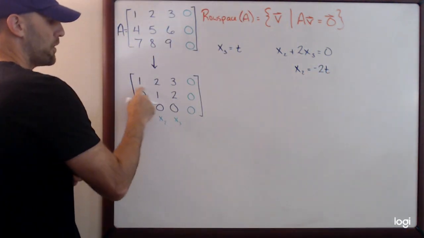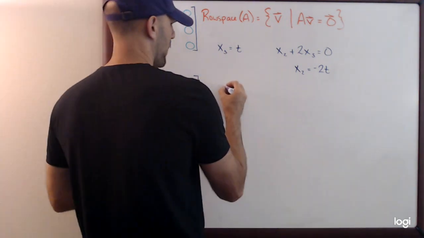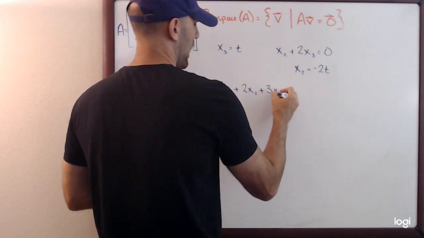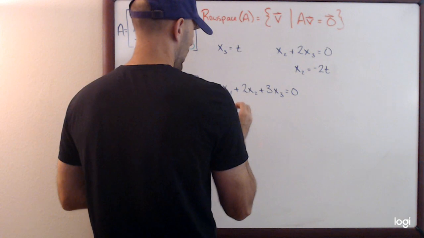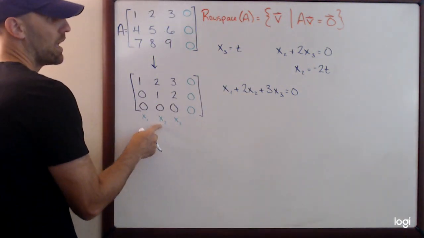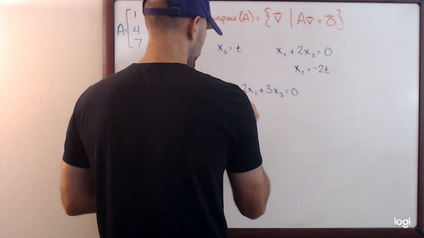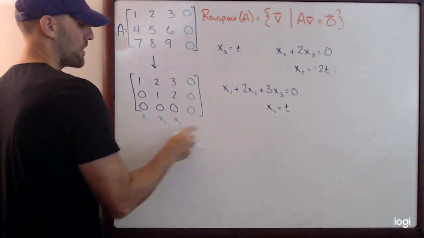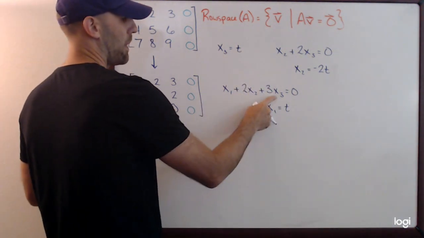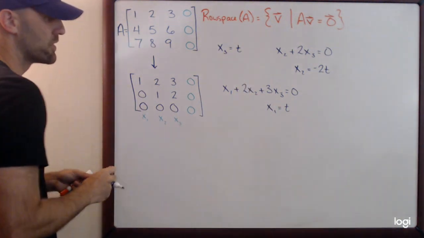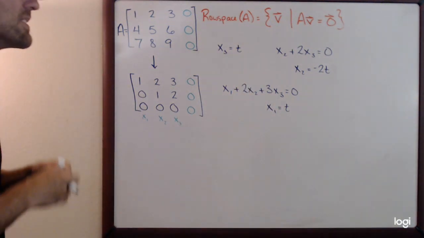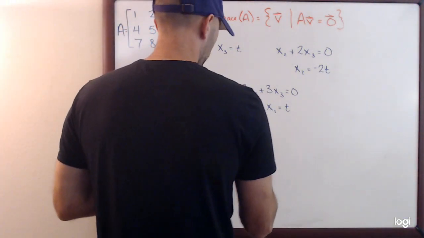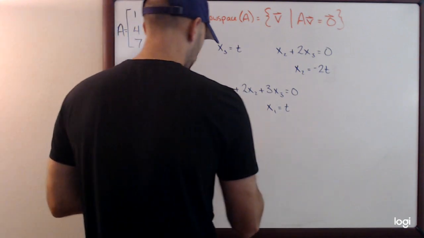And now taking both of those values and looking at my first row, it reads x1 plus 2x2 plus 3x3 equals 0. Again, putting in t for x3 and negative 2t for x2, we get x1 equals t. Just substitute in t for x3 and negative 2t for x2, and solve, and you get x1 as t. So what does this tell me? This tells me that my null space contains all the vectors that look like,